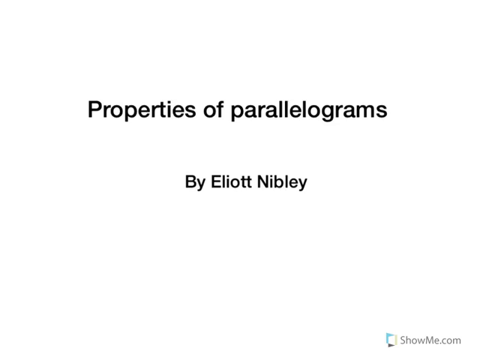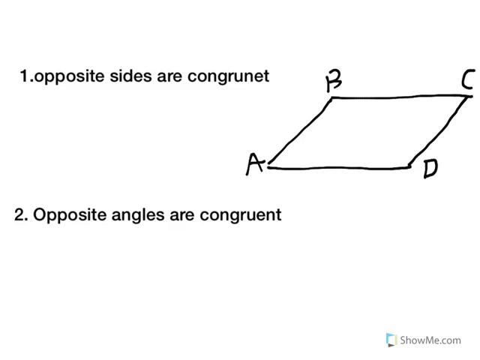So today we're talking about properties of parallelograms, and I'm going to go through each one with you and show you what they mean. So the first property of parallelograms is that opposite sides are congruent. So that means that the line BC is congruent to the line AD, and the line AB is congruent to the line